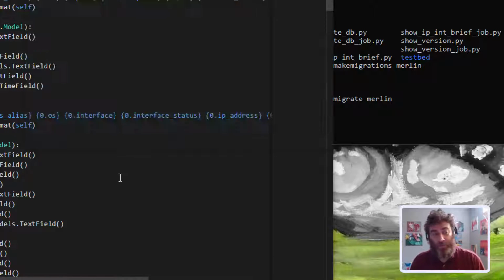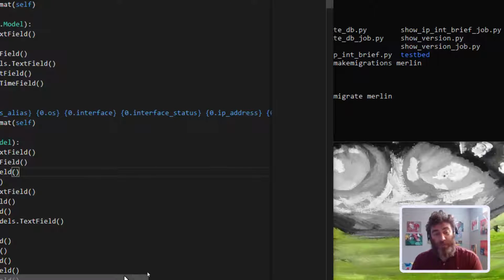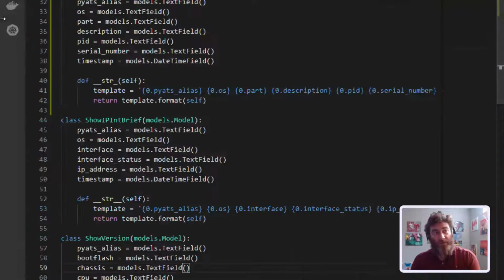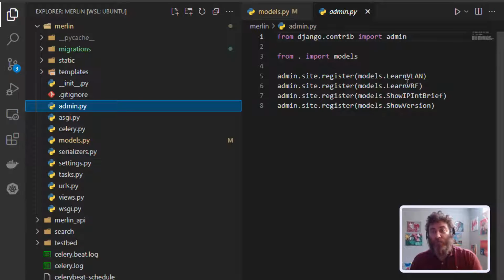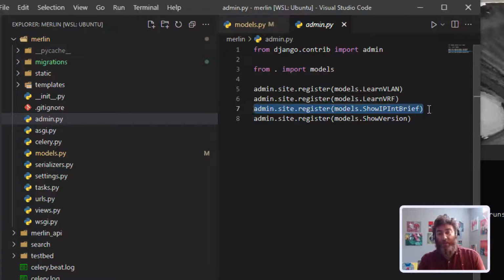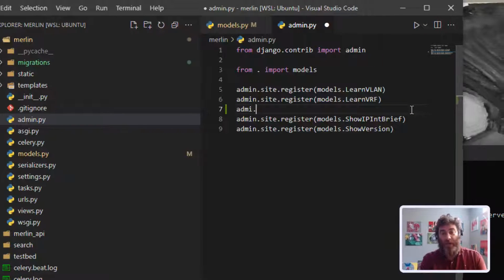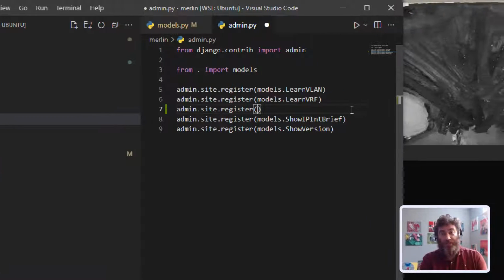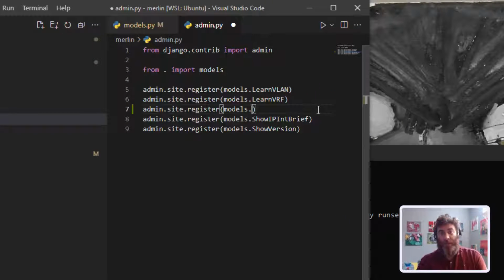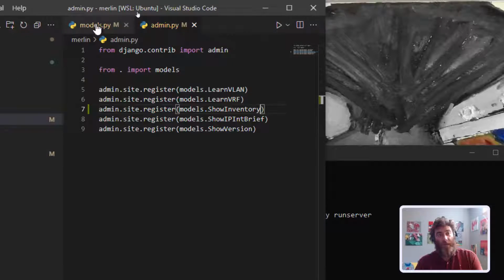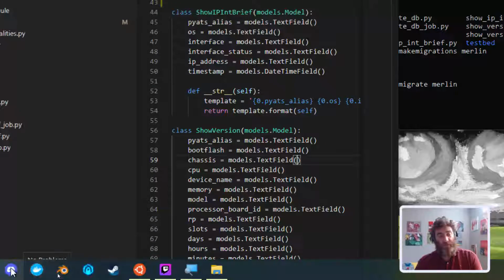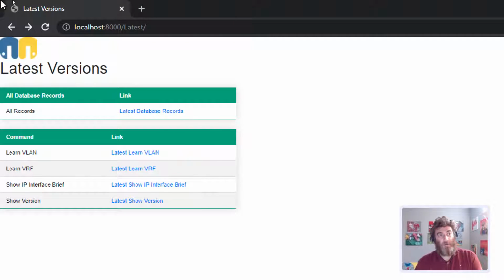Now what I like to do to confirm that it worked is go into our administration panel and register that model into our admin panel. Right, and I'm just going to copy, well, let's not copy, right? admin.site.register models, and right, we're importing models.ShowInventory. I'm going to save that file, and now I can go to my server and go to my